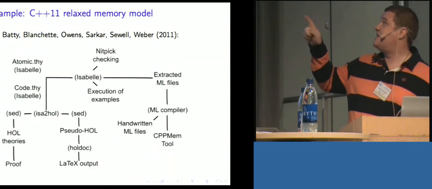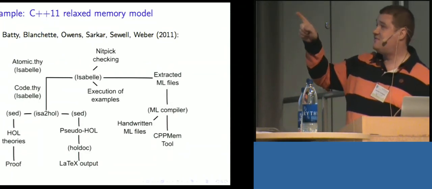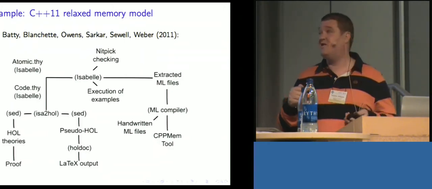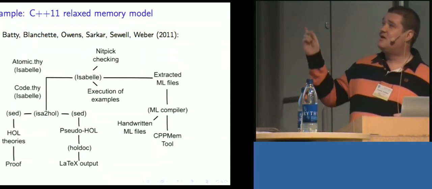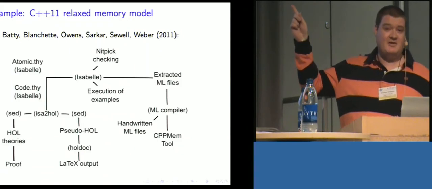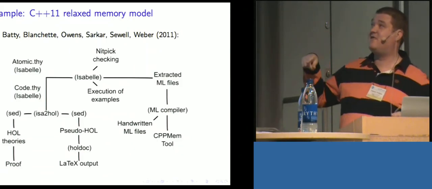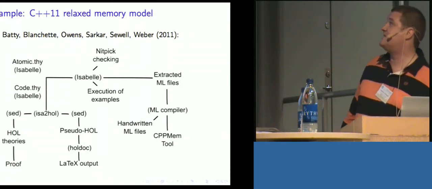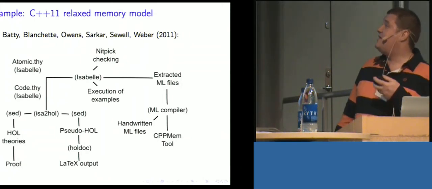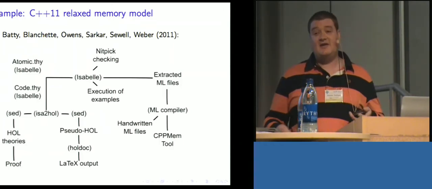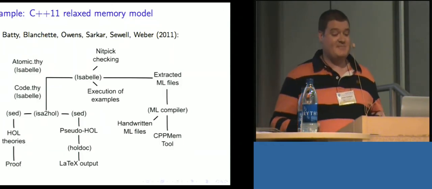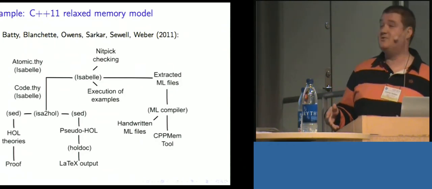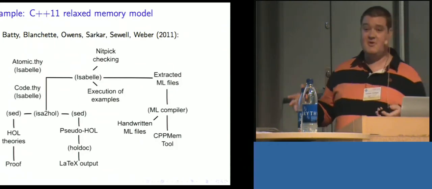After that, they used the Isabelle code extraction from the code.theory code equations to produce some extracted ML files and did further validation there. And of course, there are backwards arrows going back from Nitpick and from the extracted ML files back to atomic.theory where the model needed updating. And then with the extracted ML files, they linked in handwritten ML files to produce the CPP mem tool, which is a tool that can be used to step through the model by users and explain what's going on in